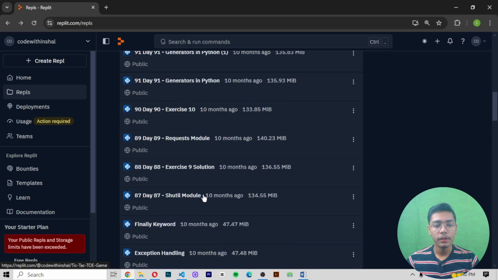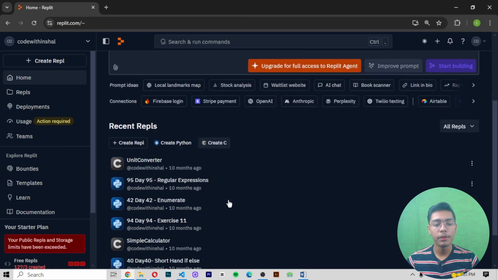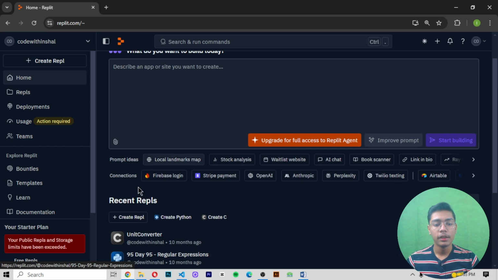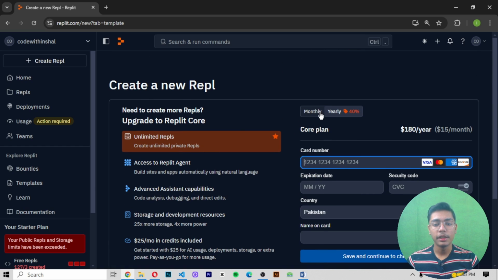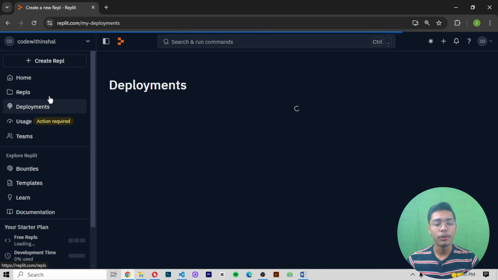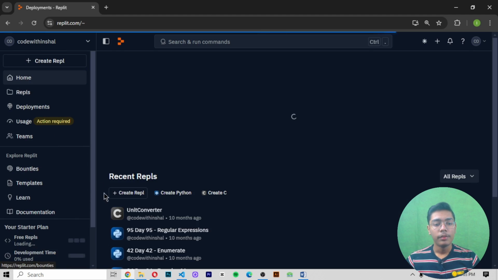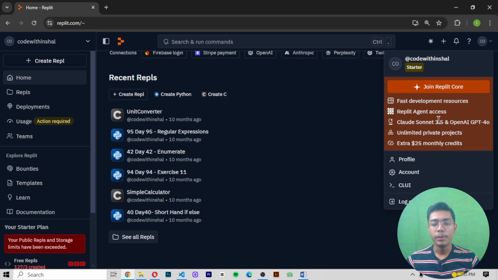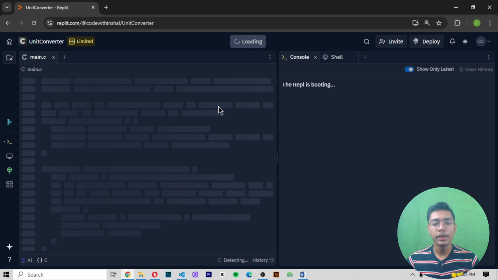or C. So you can move on to the file here, home, and then you can create a new REPL, and after creating a REPL, you can give a name to your REPL as well if you want to. Free REPL we have to add. We have to go to home now. Then I'll be moving on to this file, which is the C one. And now you can see this is the file which we have created,